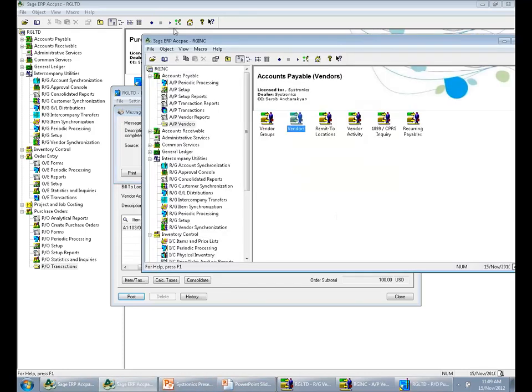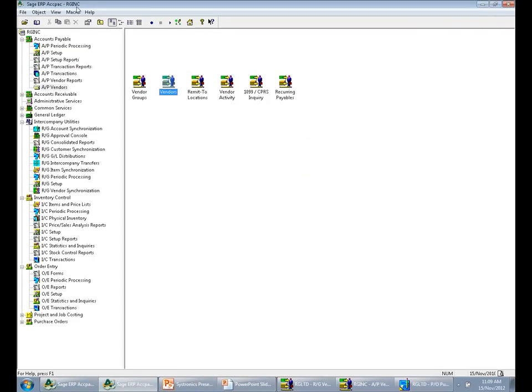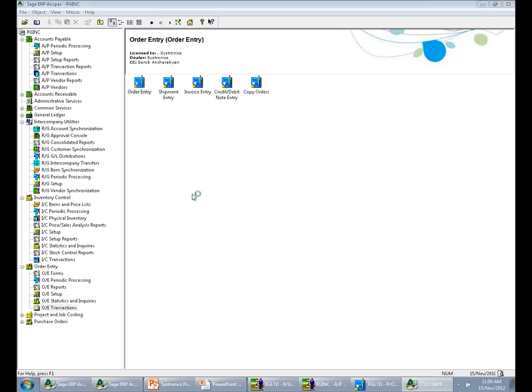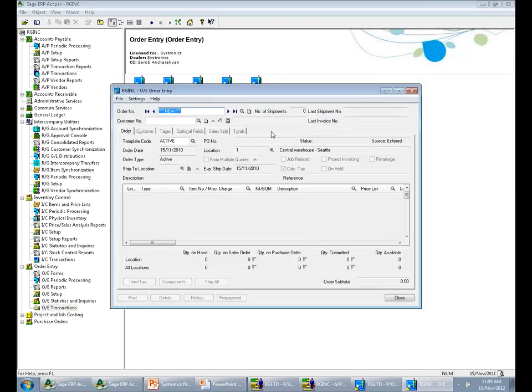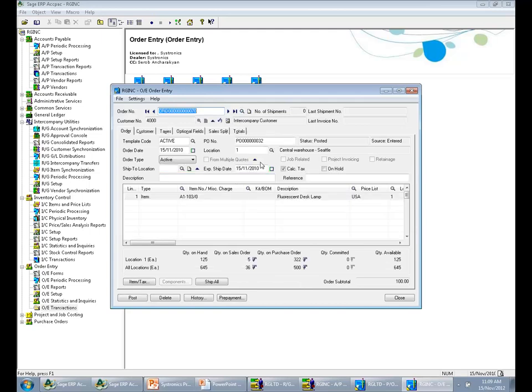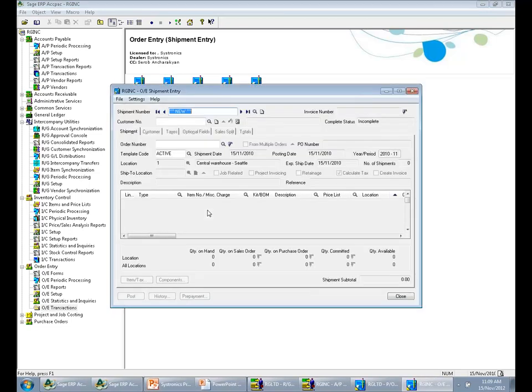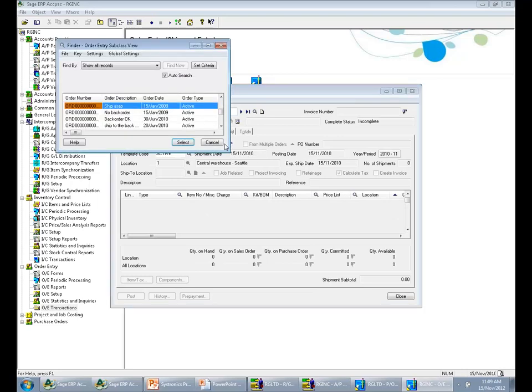Let's see that sale order in RG Incorporated. Now I'm in RG Incorporated, and in my order entry transactions, I will see the sale order created for lamp, quantity 5, and 20 as the price. Now I'm shipping the goods. RG Incorporated is going to ship the goods to RG Limited. RG Incorporated creates the shipment entry based on this sale order,